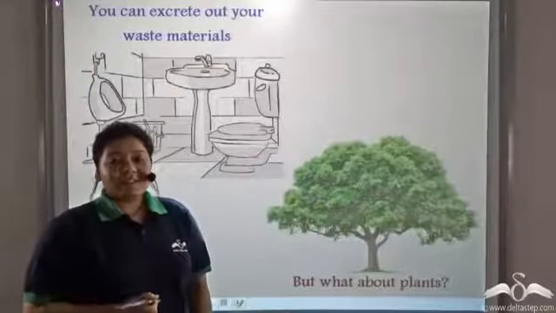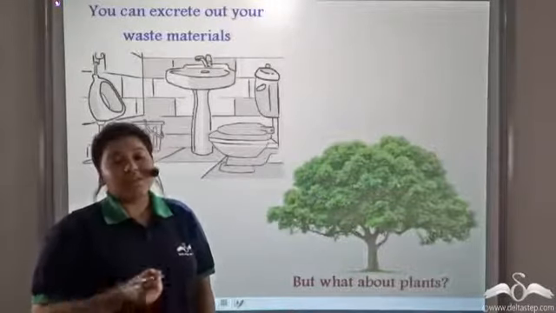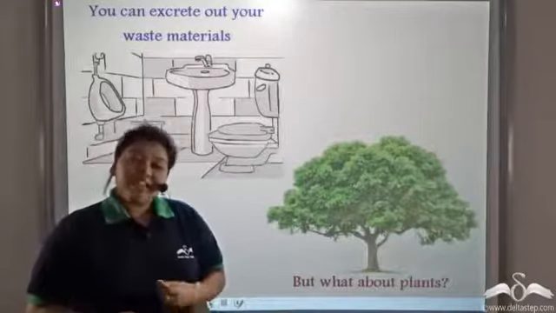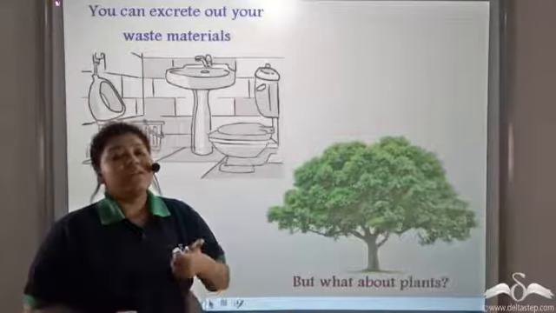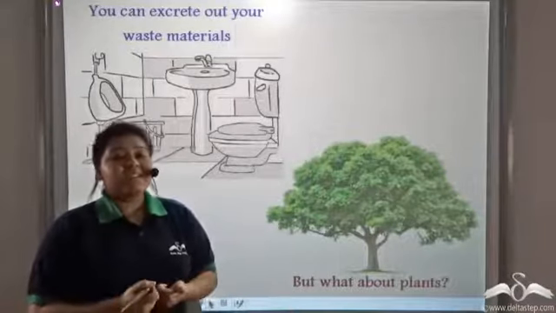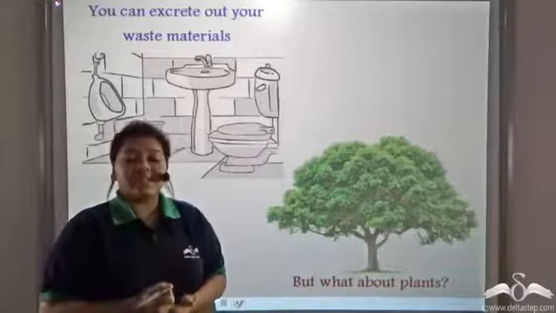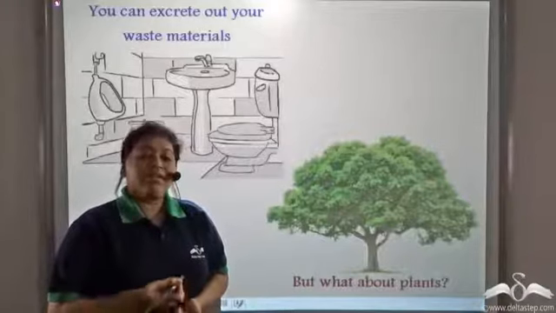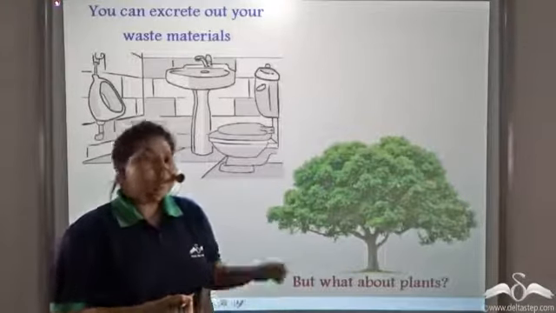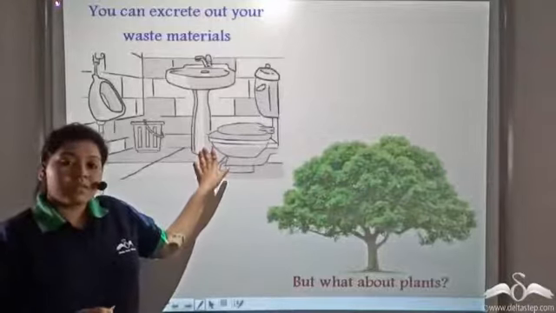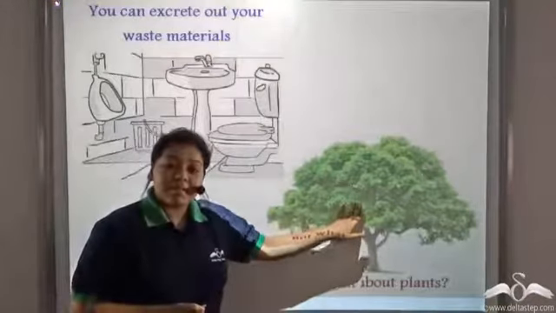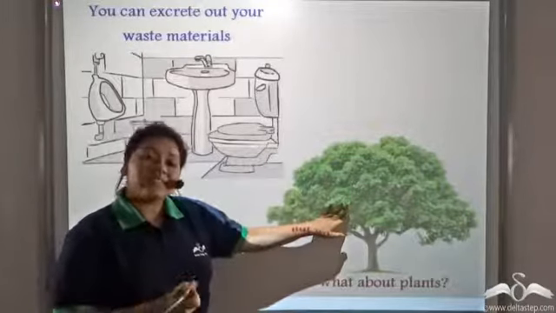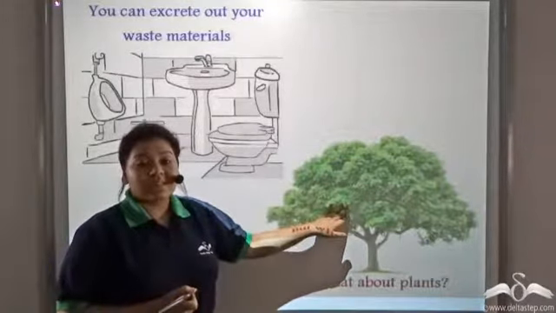All living organisms require food to survive. Now, a portion of the food gets digested, and the portion of the food that remains undigested needs to be excreted out. So whenever we feel the need to excrete out the waste materials, we just go and use the washroom. But what about the plants? Plants are fixed in one position. How do they excrete out their waste products?